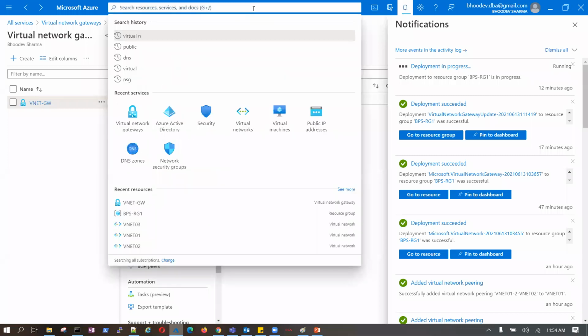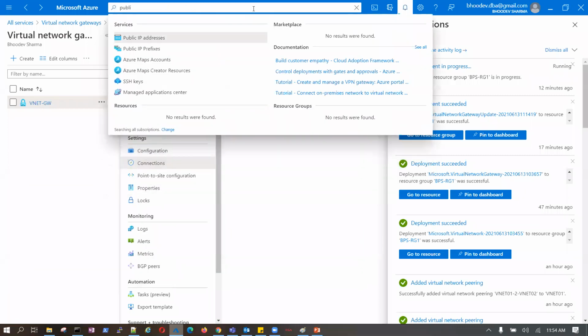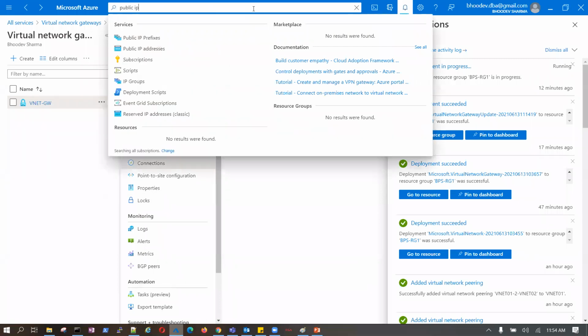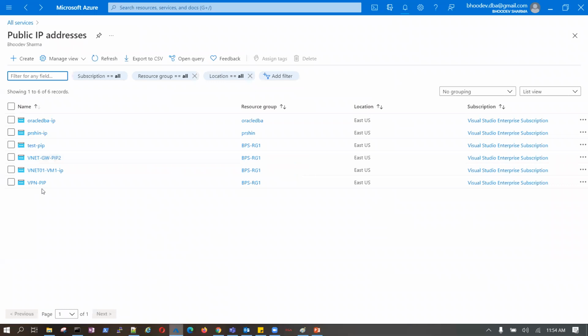Okay, public IP address. So if you look here, gateway public IP address. Okay, VNet GW PIP I used for this purpose. This is my VPN PIP. Okay, this is my gateway PIP.